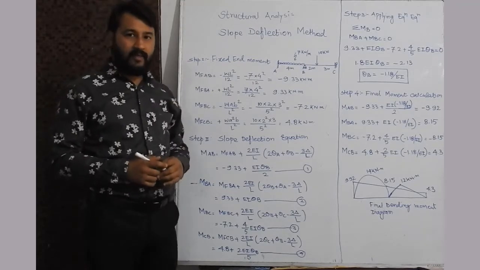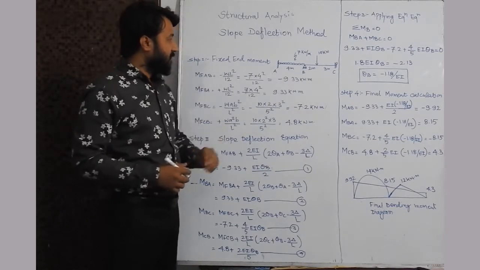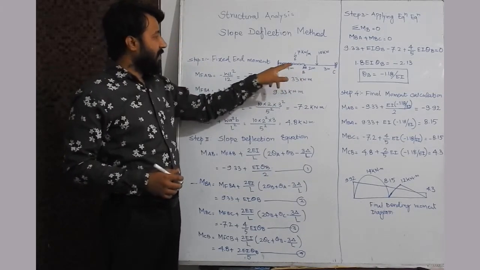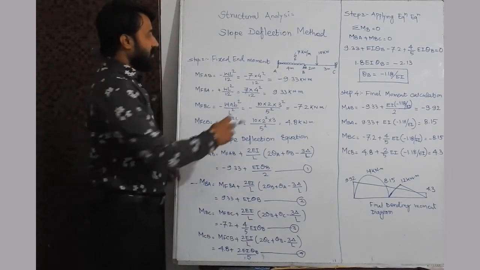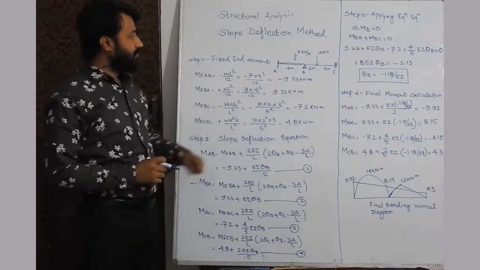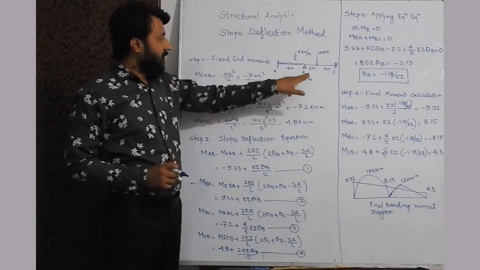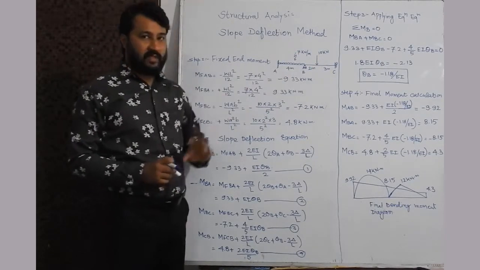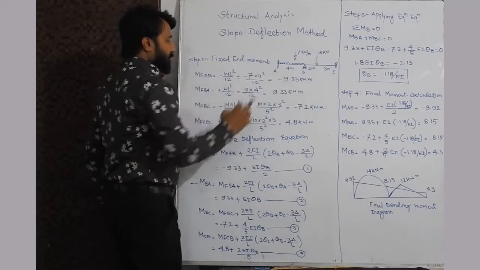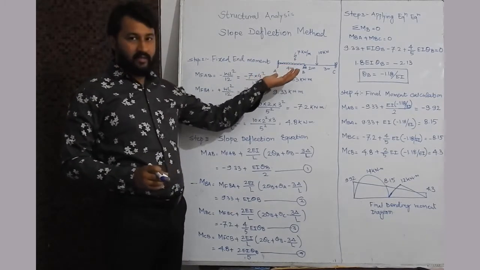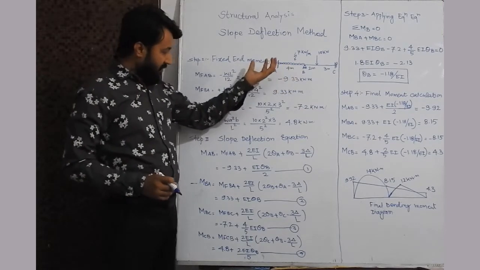Now we will start with the numerical, which is having an A, B, C continuous beam. A and C supports are fixed, and the AB span is 4 meter, subjected to a 7 kilonewton per meter UDL. BC carries an eccentric point load of 10 kilonewton, 2 meter from B and 3 meter from C. So BC span is 5 meter, AB span is 4 meter. Here we have not taken I into consideration, that's why E and I will be constant.